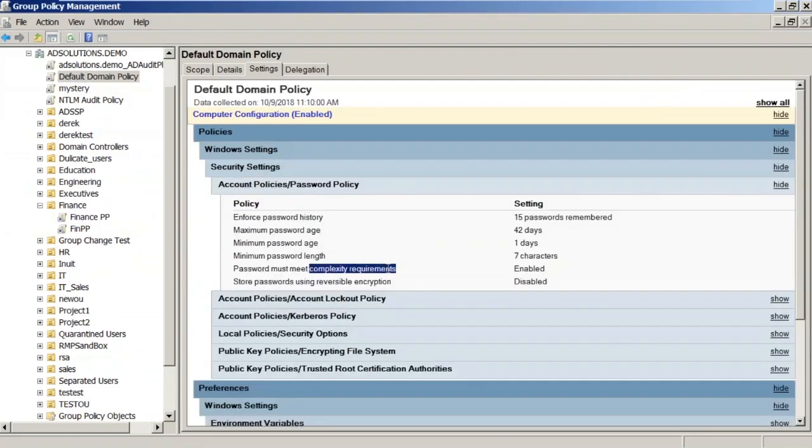Complexity. Do you have complexity set? I'm going to guess the answer is yes. All right, so you have complexity set. What does that mean? Well, complexity means that you're going to force them to use 3 of the 4 types of characters: lowercase, uppercase, number, and special. You must have at least 6 characters, and can't use logon name or username in the password. Now, if I evaluate the 4 character types, right? Lowercase, uppercase, number, and special, which